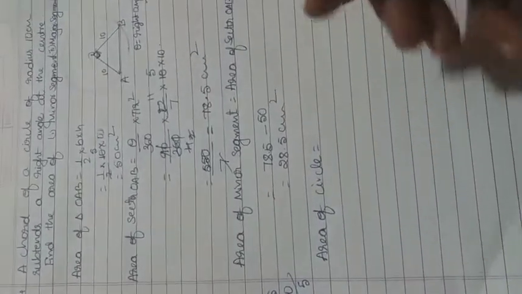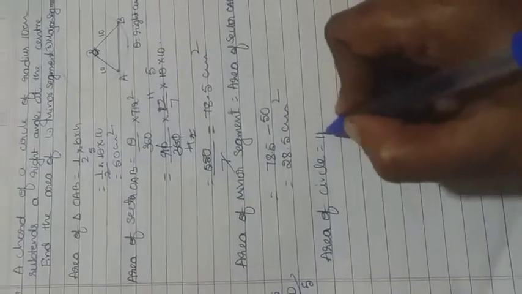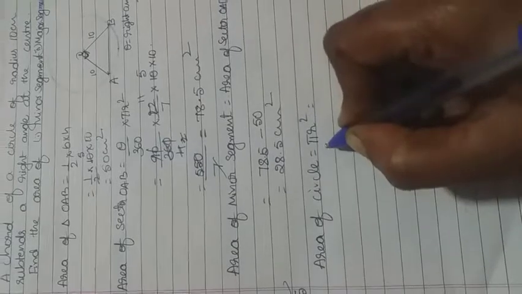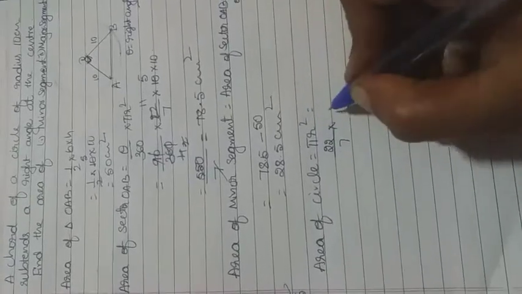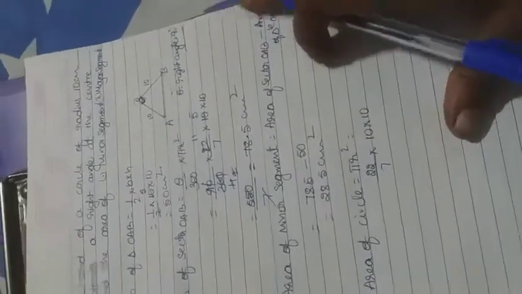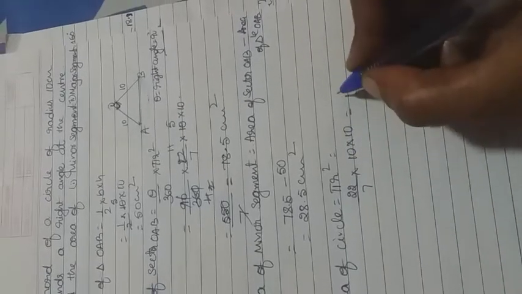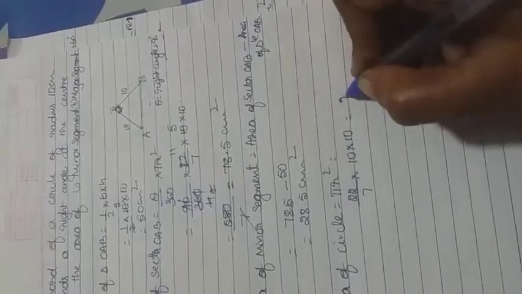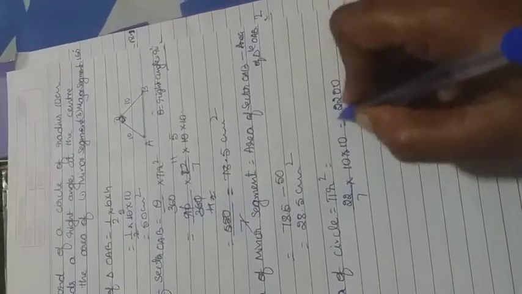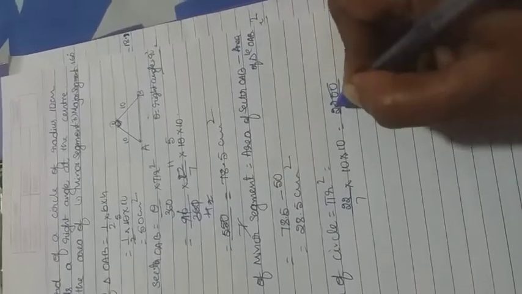So to find that, we have to calculate first the area of the circle. You know that formula, it is pi r square. Pi value is 22 by 7, into r is 10, r square in the sense 10 into 10. Now 22 tens is not easily divisible by 7. So 22 tens are 220, 220 into 10 will be 2200. First number you have to multiply, then put zeros, divided by 7.